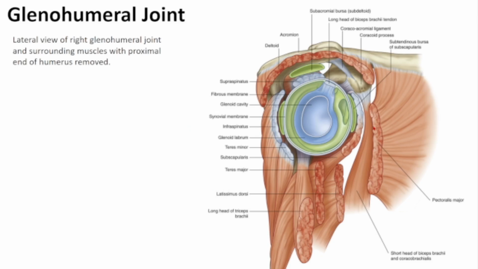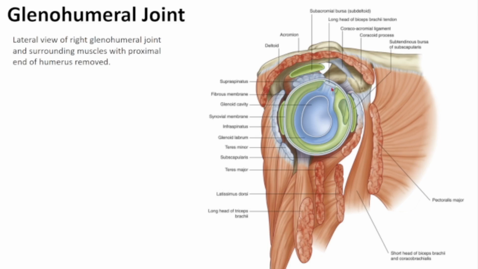Okay. Here's a picture of the glenohumeral joint from the sagittal plane, right? So the humeral head is disarticulated, and now we just see what's inside. So we see the glenoid cavity. This is the bony glenoid cavity. The blue part around it is the labrum, again, expanding the size of the cavity, but giving it more flexibility than bone might. We come out farther, we see the fibrous membrane here, okay, which essentially is the outside of